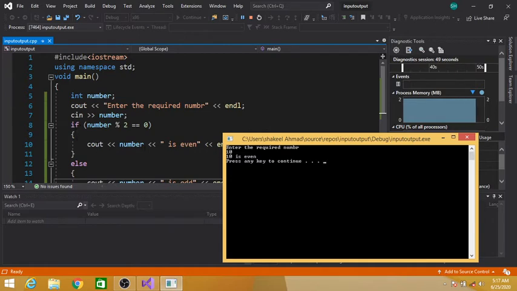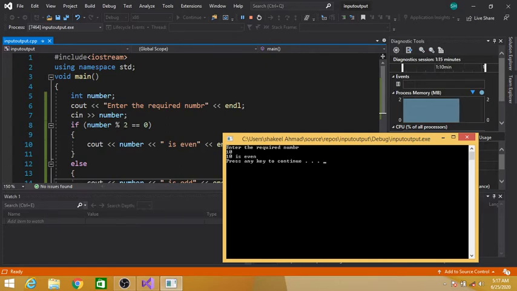So this is executed. cout number contains 10, then what is written in double quotes will be printed the same: is even. Again, we are entering 10 from the keyboard and that 10 will be assigned to this number. Now this number contains a value of 10.